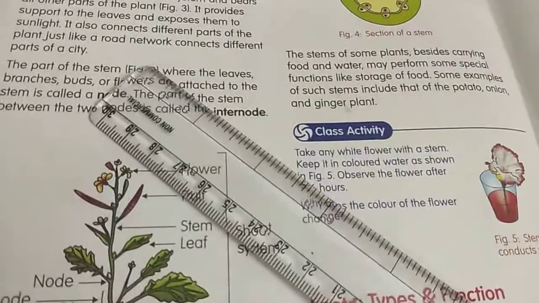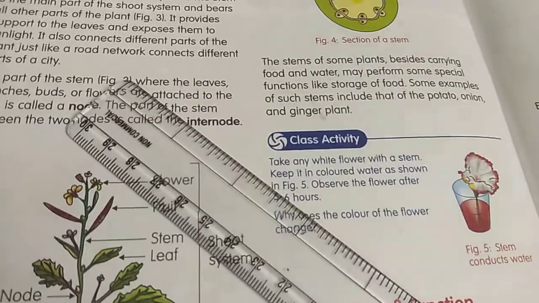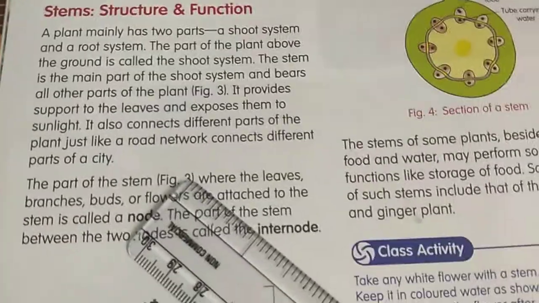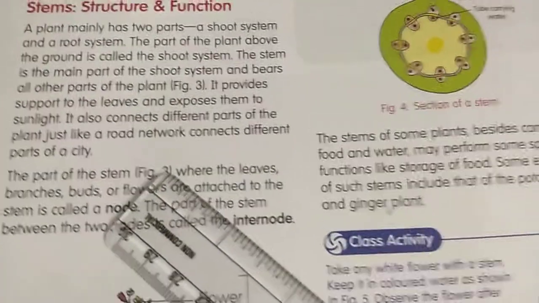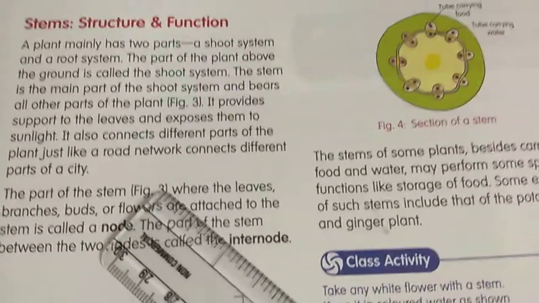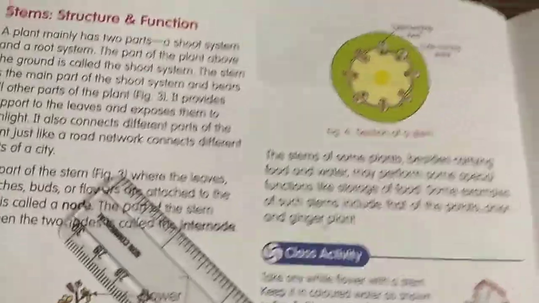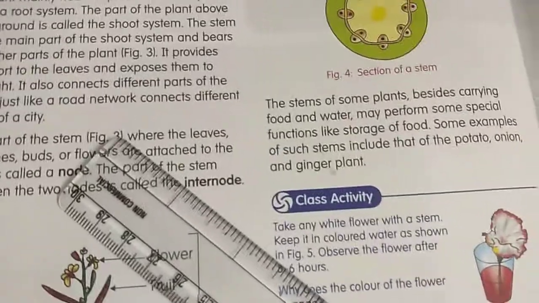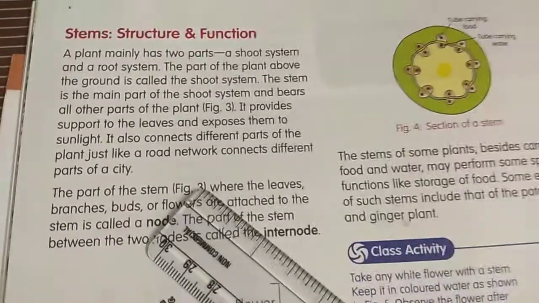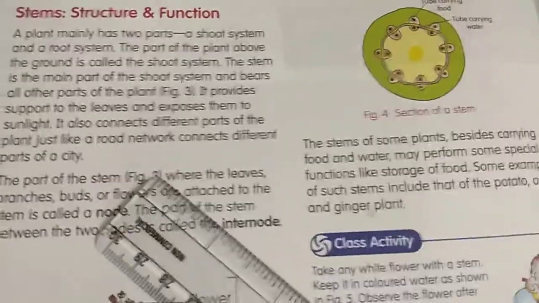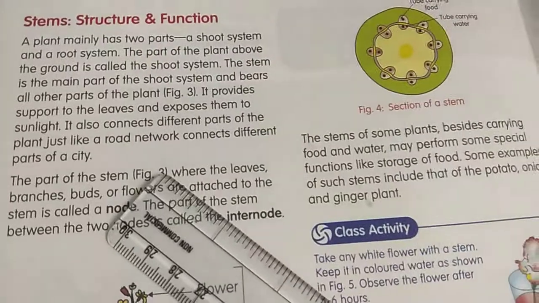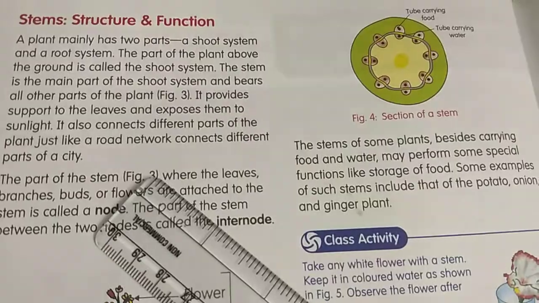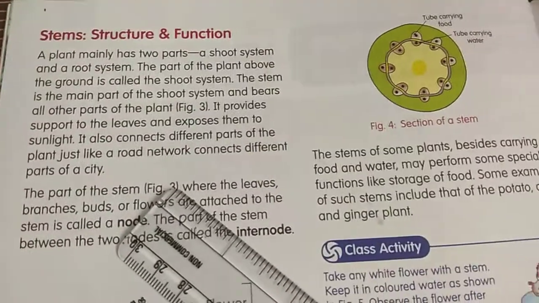Now first we will see what is the shoot system and what is the root system. The portion which you are able to see above the land, that entire thing is called the shoot system. In our body also, what do you mean by system? It is made of many parts. You cannot call the stomach alone a system. The stomach is one part, but if you say digestive system, your stomach, small intestine, large intestine, so many individual organs combined together, we call it a system.